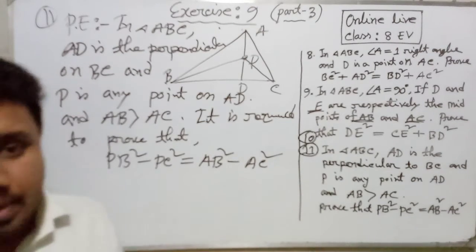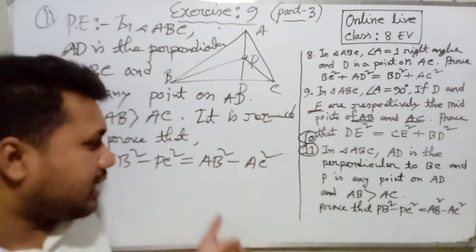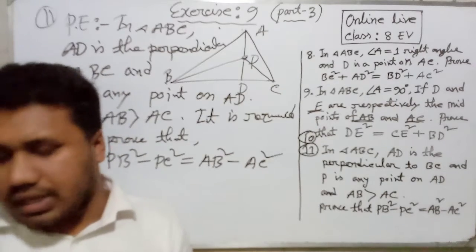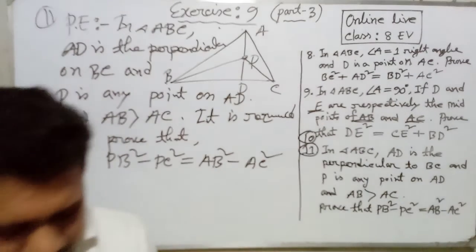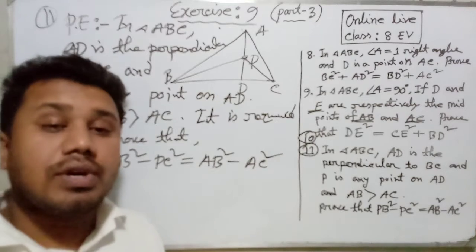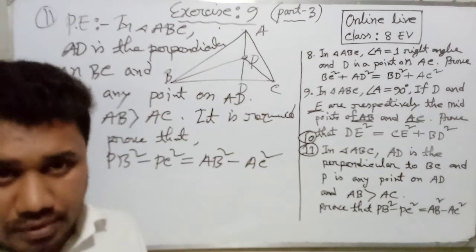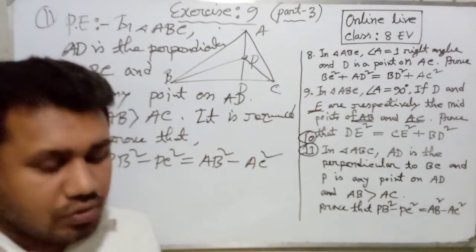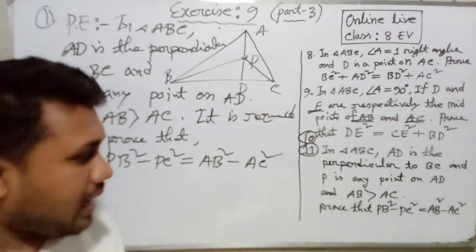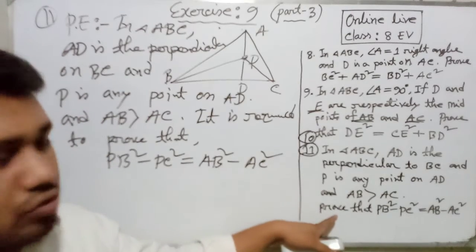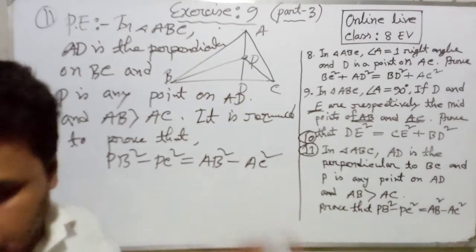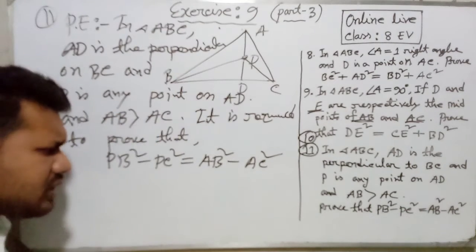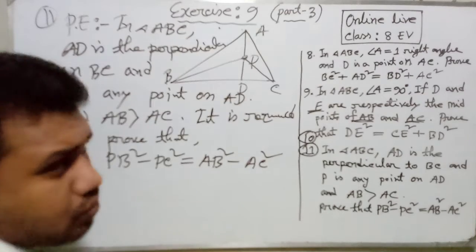Now dear students, problem number 10. Problem number 10 says that AB square minus AC square equals something. If you look, you can see that AB square minus AC square will be BD square minus CD square. Problem number 10: prove that AB square minus AC square equals BD square minus CD square. And if we solve problem number 11, problem number 10 will be automatically solved. Now dear students, this is our particular enunciation. Now we can go to the proof part.